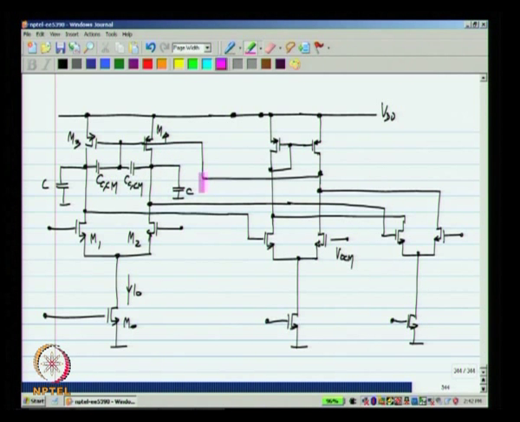The CCCM is the integrating capacitor, if you want to think of it that way. Alternatively, you can think of it as providing feedback around M3 and M4 for high frequencies. Okay. For low frequencies, the feedback goes through this complicated circuitry, which has a high DC gain. For high frequencies, the feedback around M3 and M4 is closed through CCCM. Okay. This is VOP and that is VOM. So, this also works equally well, and again because we have connected gates of MOSFETs to the differential pair, there is no resistive loading of the differential pair and the DC gain is not compromised. Okay. So, you can think of a lot of circuits like this.